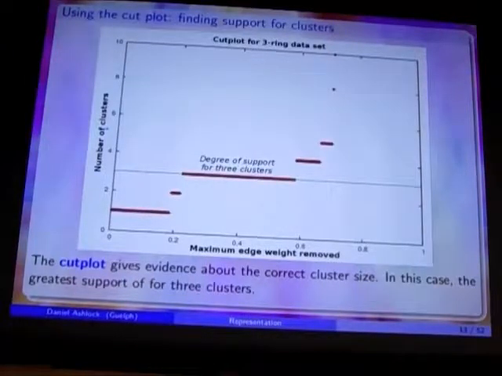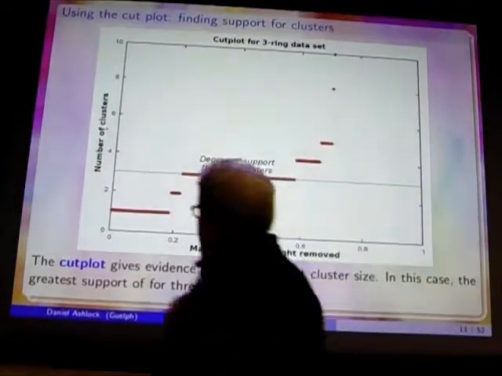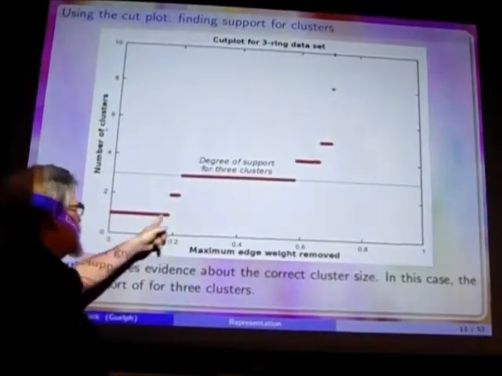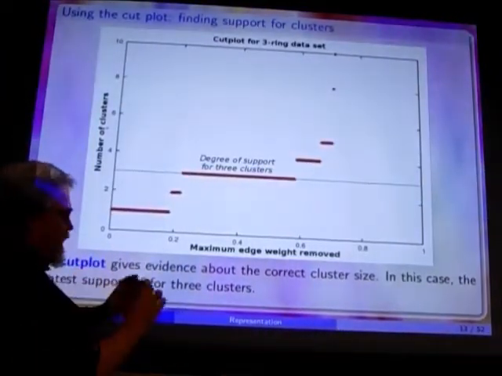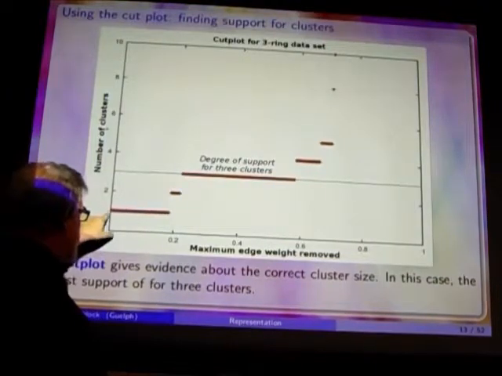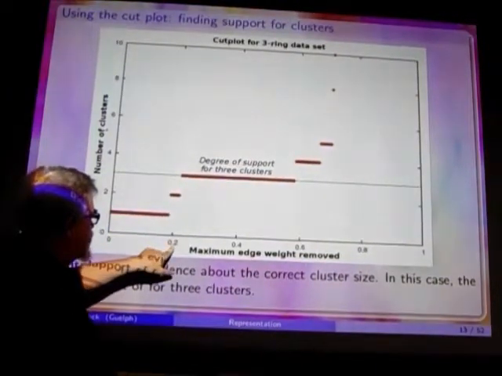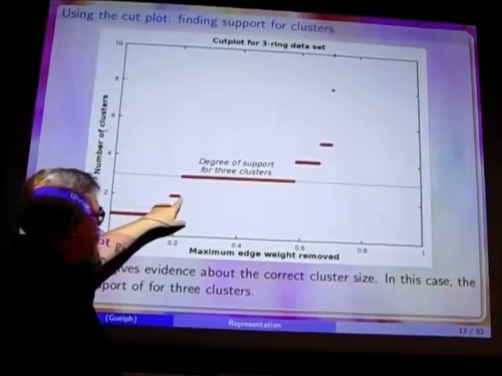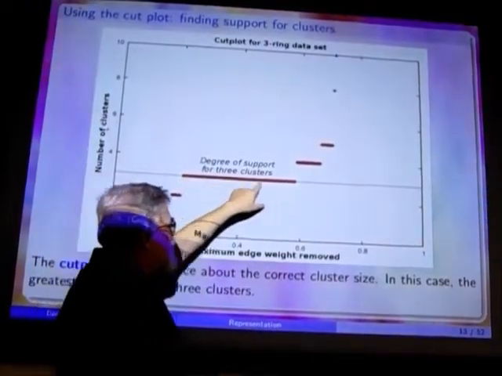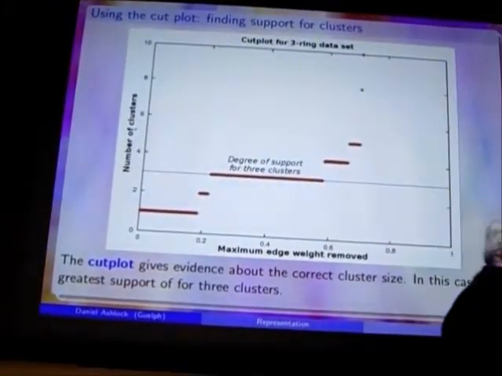So, I took that 3-ring data set, and I went ahead and ran k-means multi-clustering, and I got my algorithm. And then if I start way over here at don't cut any edges, everything's connected. So there were some connections that jumped between the two donuts, because this is a 3-ring data set. And then right here at a connection strength of about, we were together 20% of the time, it jumped up to 2. Then for a very long time, it stayed at 3 clusters, and then it jumped up to 4,